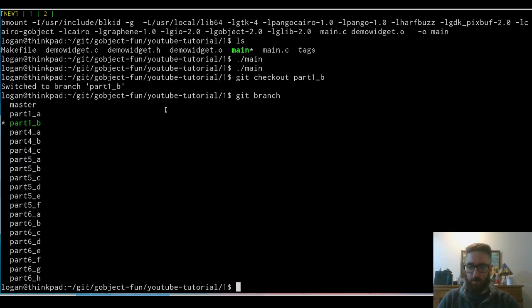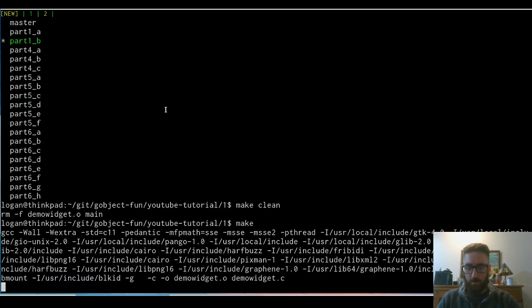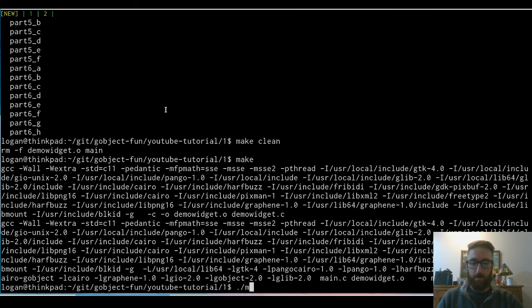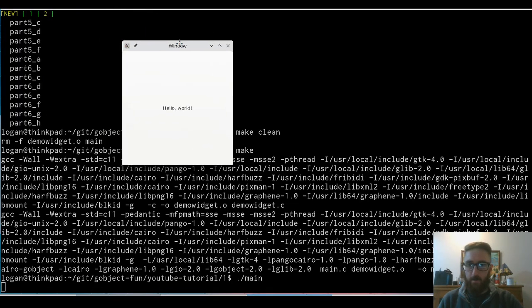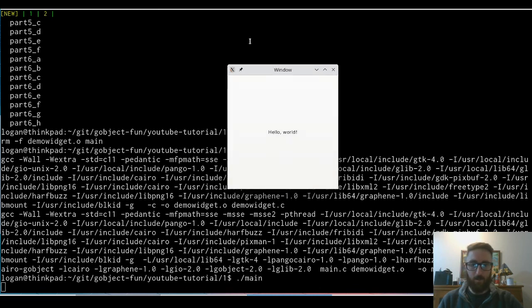Yes, okay. So let's make clean. Let's make, let's run our ./main file right here. And then you'll see here, it's the same as it was before, except instead of a blank widget, we've now got a huge GTK button. But this still is technically a custom widget. It just doesn't do anything. But at least it now has a button that shows up,